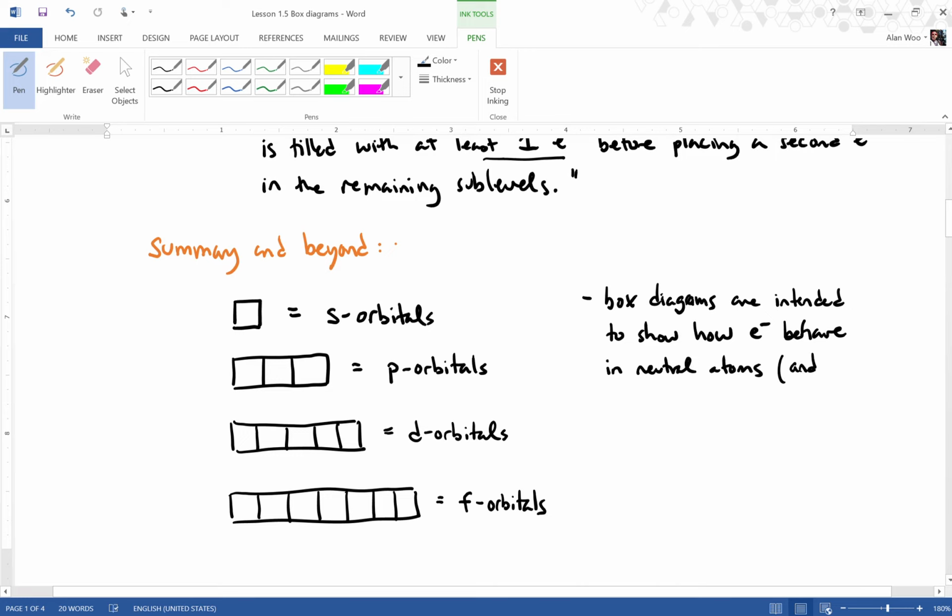And these box diagrams can sometimes be used in reactions too, between different elements. We won't get into that kind of situation, but